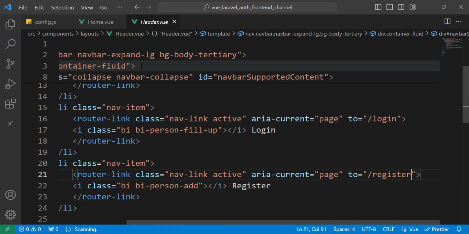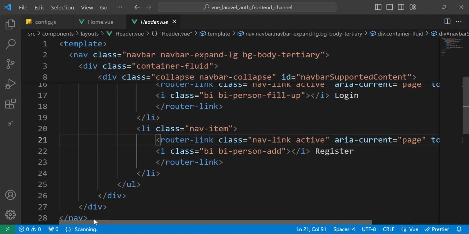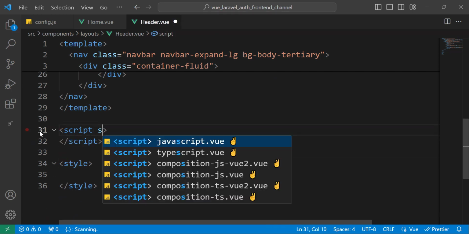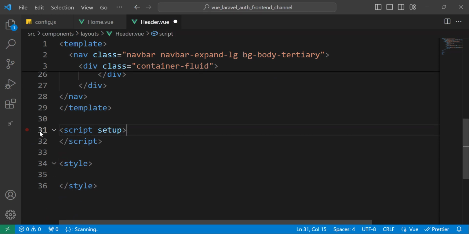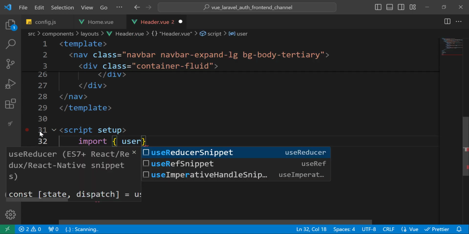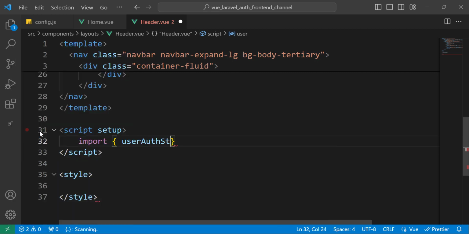So we need now to get the currently logged in user and display the username and logout link. So we need to import the user auth store